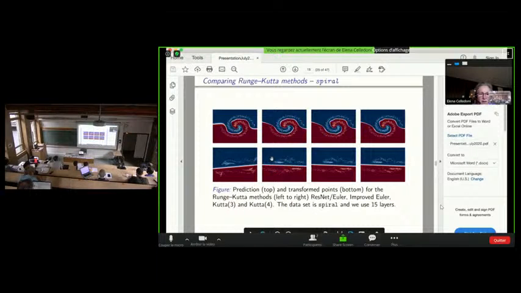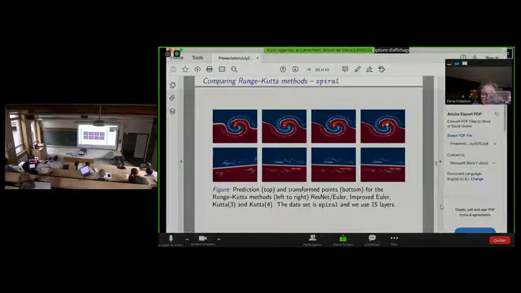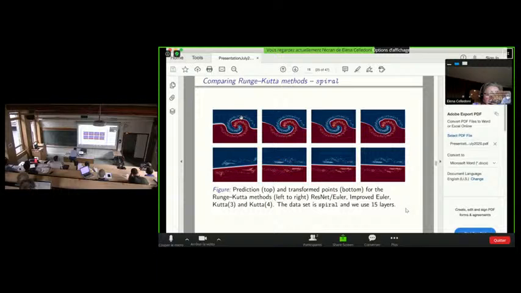Okay, so here are some pictures. Every column here is a different Runge-Kutta method. We start with the Euler method, so the ResNet. Then we go up with order 2, 3, and 4 in particular. The first row is with this spiral data, and we want to separate the red points from the blue points.